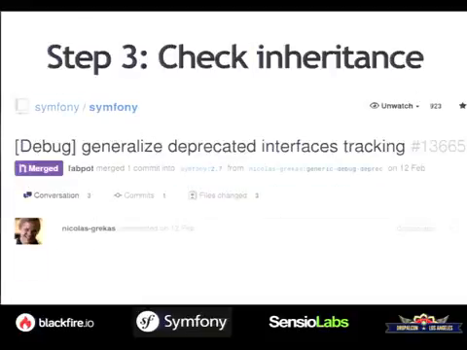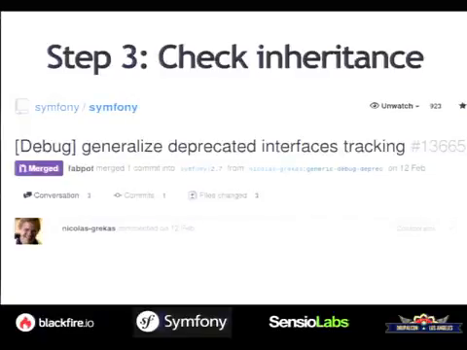And then we realized that it was not enough. It was not enough because dynamic code is much more complex, and one such example is interfaces, for instance. Because we need to keep the type hints working for your code, we need to type hint internally with deprecated interfaces, but we don't want to have the notices in this case.